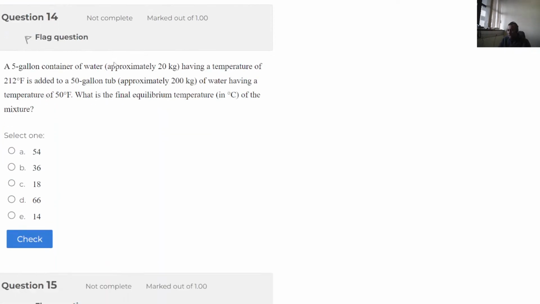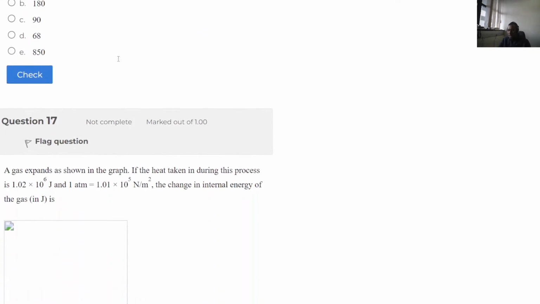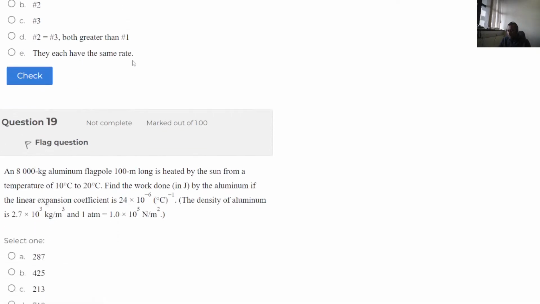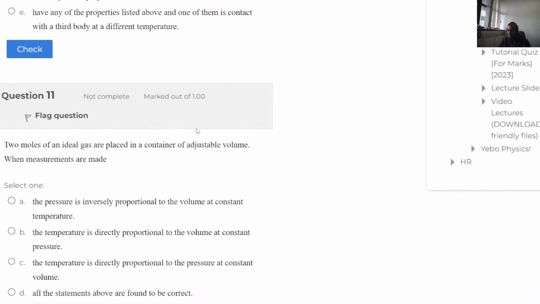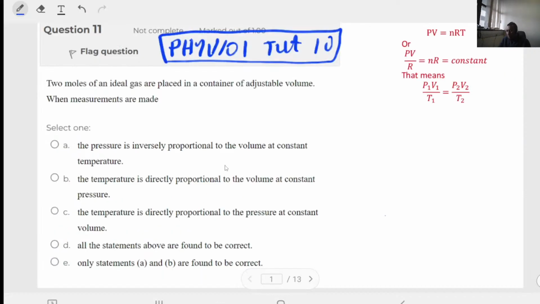I had a chance this morning to go through the questions to see what they look like, and what I came up with is that questions 11 up to 20 are mostly to do with heat and temperature. Therefore, as usual, I'm going to bring up my tablet and write by hand the strategy for this unit also, as was the case before. You have to read the question thoroughly, and then